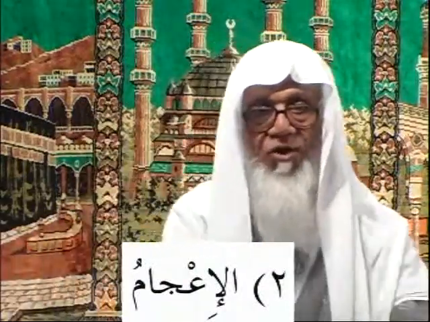Al-I'jam is a masdar from which conjugation, which form? Yes, from the fourth form, A'jama, Yu'jimu, I'jamun. I'jam is putting the dots. That is why a dotted letter is called Harfun Mu'jam. It is Ism al-Maf'ul, Harf Mu'jam. Harfun Mu'jam is a dotted letter, like Jim and Kha. But Ha, for example, is Ghair Mu'jam, an undotted letter. Dal is Ghair Mu'jam, Dhal is Mu'jam. Ra is Ghair Mu'jam, Zai is Mu'jam. Seen, Ghair Mu'jam, Sheen, Mu'jam. So Al-I'jam is the